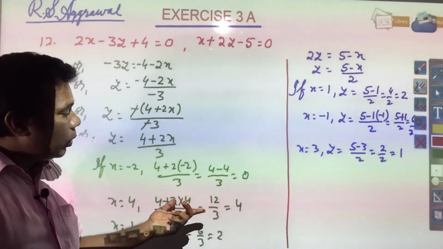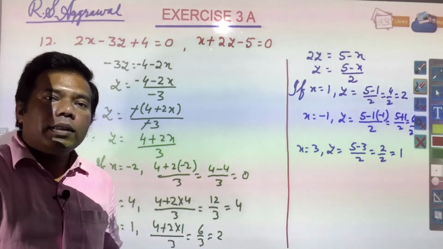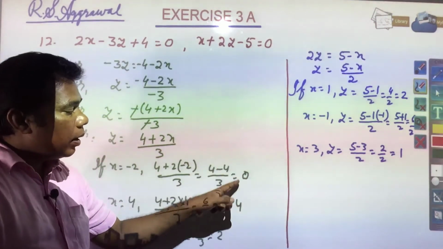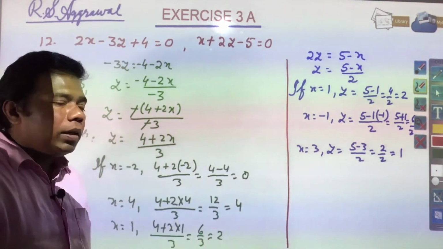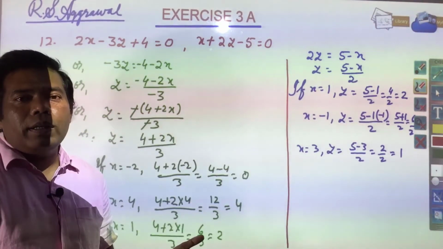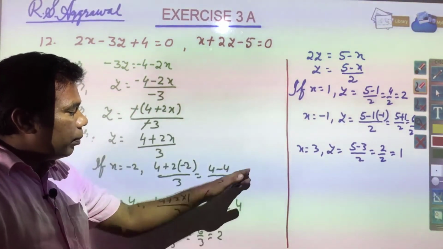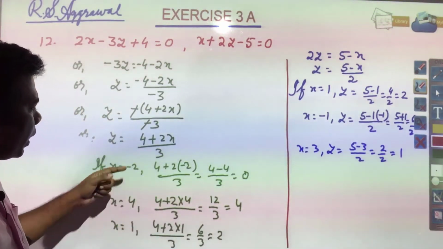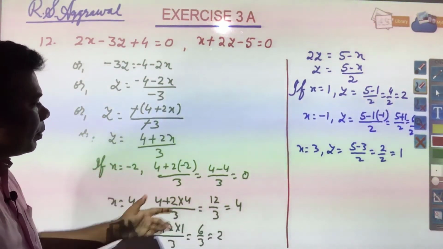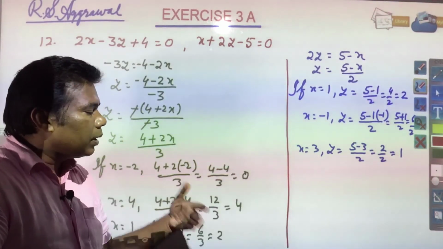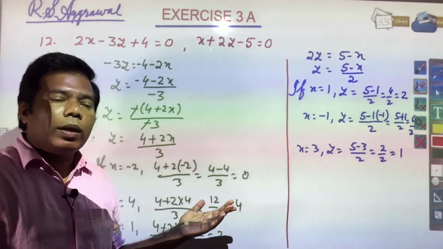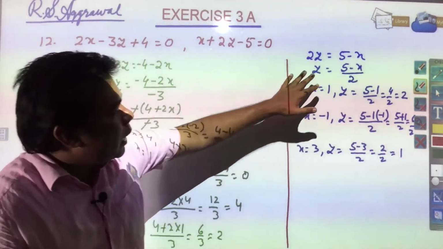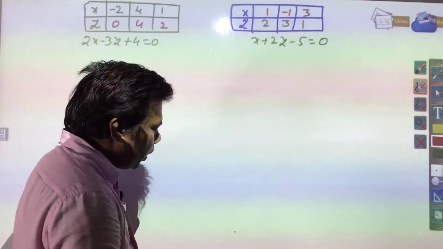And as I had told you last day also, it is not necessary that only if whole numbers are there, then only the graph will be plotted. If fractional or decimal numbers are there, you can plot the graph. But if you are getting whole numbers, it will be easy to plot the graph, and that is why these numbers we have kept. Otherwise any numbers can be kept, and even if you are getting decimal numbers, by those coordinates also you can plot the graph. So, we have found out x and y for both the equations, and two tables we have got.